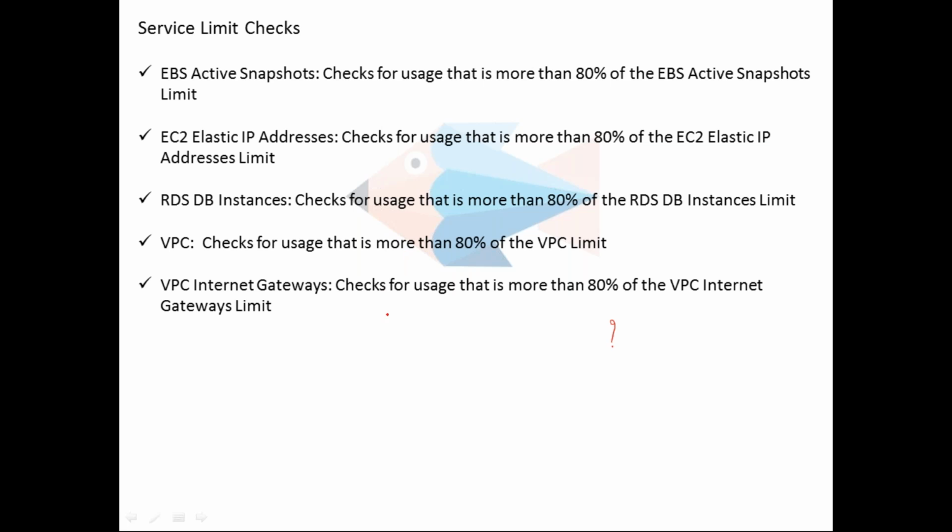Yes. See, for example, if you build an infrastructure as an architect, then this Trusted Advisor will go and check your infrastructure. But Trusted Advisor cannot build the infrastructure, no? So I'm just trying to refine what the roles and responsibilities are of a solutions architect in the cloud or in AWS.